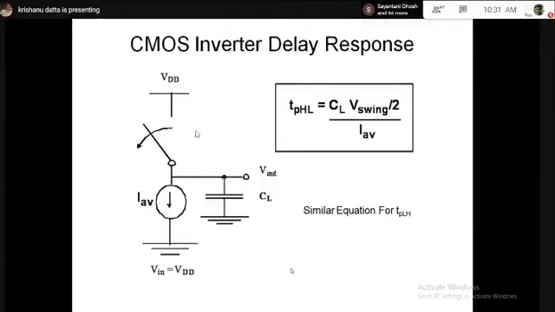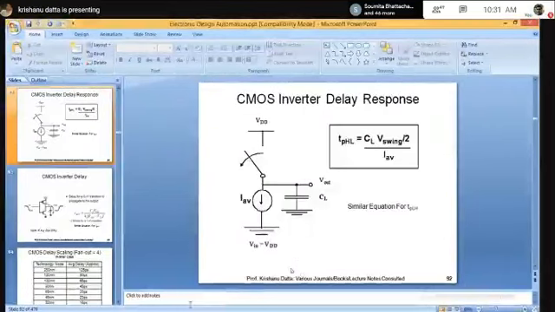Now, for example, in this case, the output is falling, so Tp high to low, and that is why NMOS is on and acting as a current source, and PMOS is off. So the capacitor is discharging. So how do we get this type of equation now? I shall simply derive a very simple equation from basic capacitance property, so that this part is clear to you. So let me go back to paint.